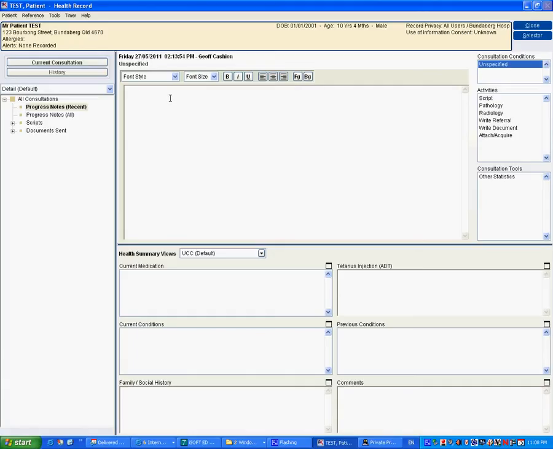So I've already set up quite a few myself, so that if it's something I'm writing all the time, I don't want to write it the same every time. I just want to write the shortcut, and I can get through my notes quite quickly. Just before I show you how to do it, I'm going to show an example of if I saw a patient, for example,